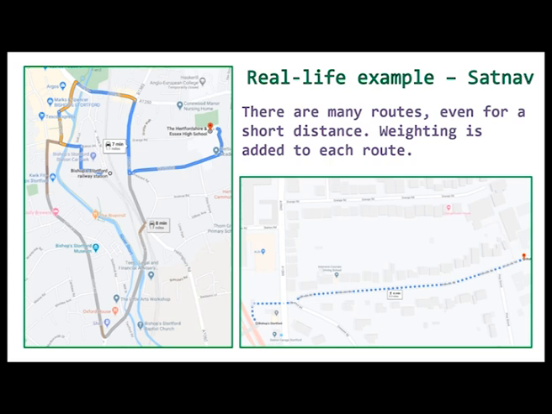Here we have two maps of how you would get to Herts and Essex from the station, one by walking and one by car. For each route there are many options, and the shortest route is not always the quickest. On a car journey, SatNav is constantly updating, taking into account traffic conditions. It does this by adding weight to each road. The lower the weight, the quicker the journey.